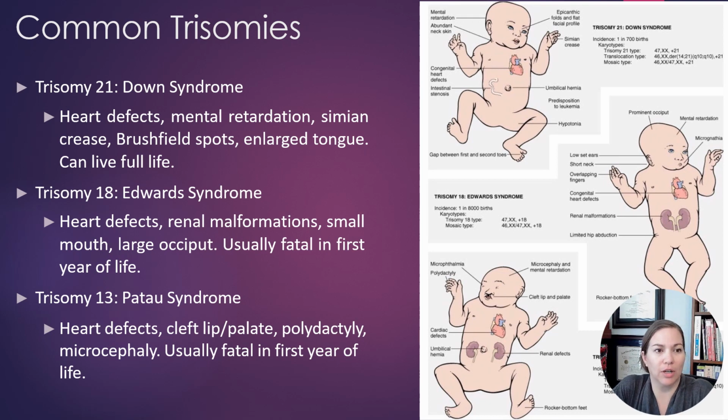A couple of the common trisomies: trisomy 21 is Down syndrome. And I definitely would familiarize yourself with the conditions and the symptoms of each. These pictures are in your book, so refer to that, especially since my picture is covering part of it. But again, trisomy 21, Down syndrome, some of the classic physical symptoms we see of that. Very common to have heart defects, mental retardation, simian creases,